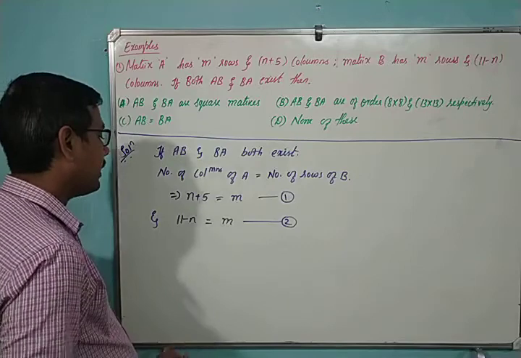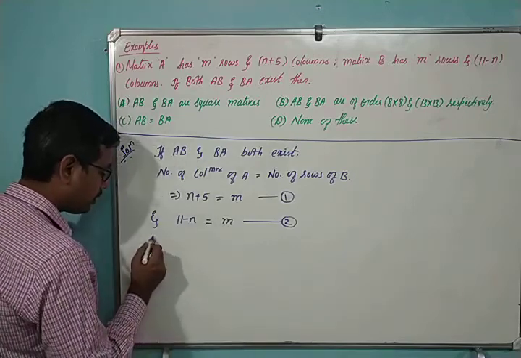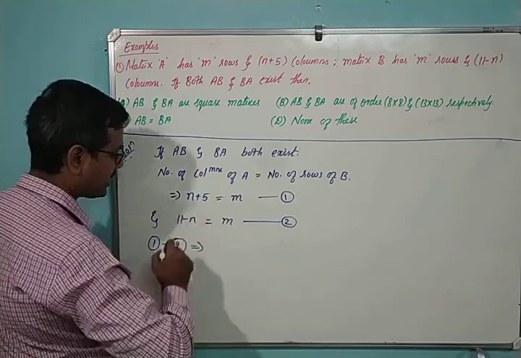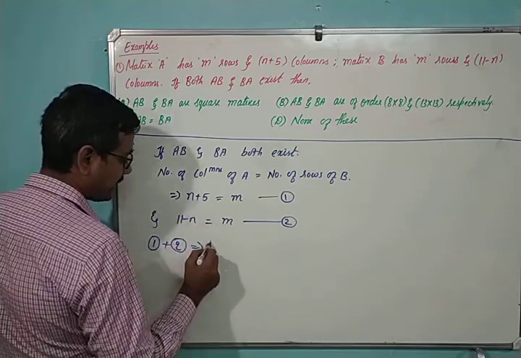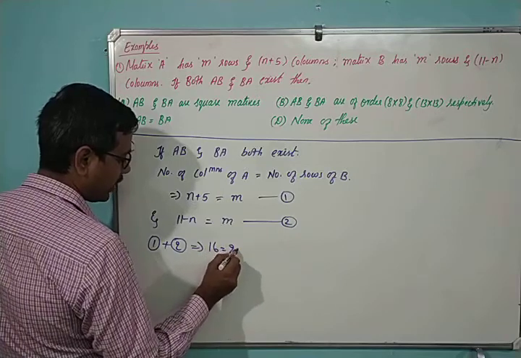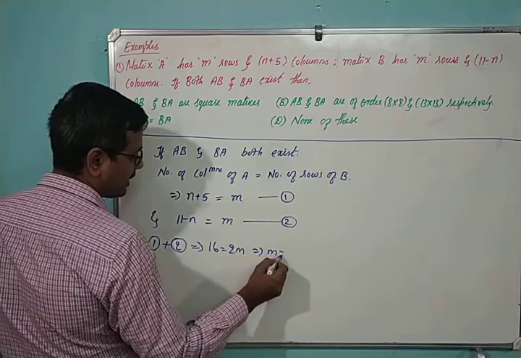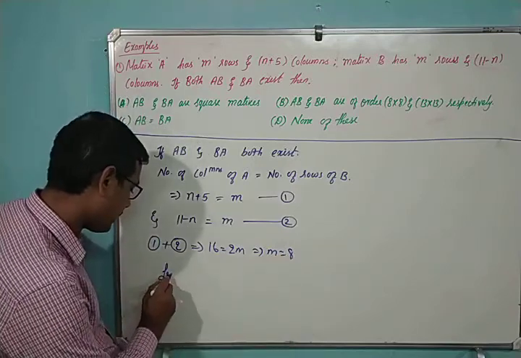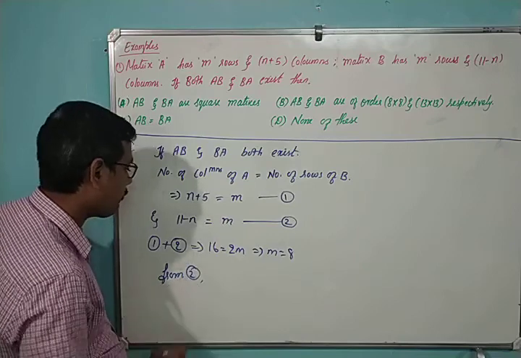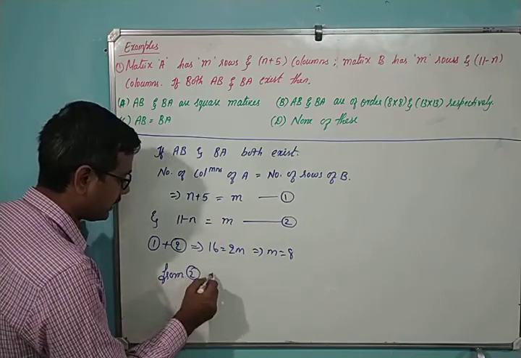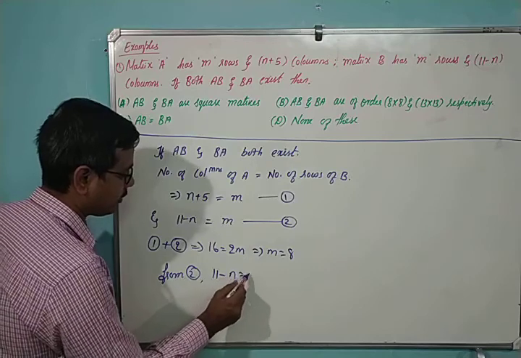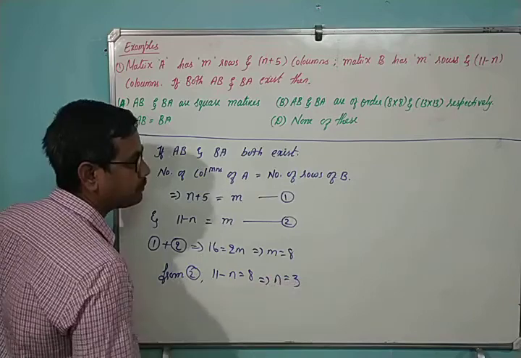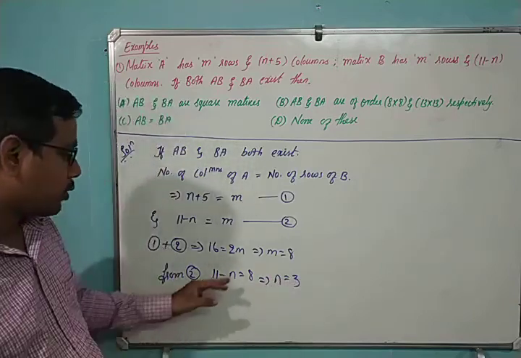So now adding both, 1 plus 2. So plus n and minus n cancel. So 11 plus 5, that will be 16, is equal to 2m. So I can write m as equal to 8. Right? M is equal to 8. Then from equation 2, what is that? 11 minus n is equal to 8. N is equal to 3. Okay. So m is equal to 8